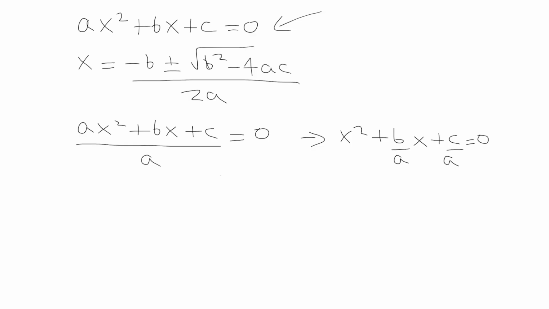Now, if you don't know how to complete the square, I'd suggest going and watching a video on it. But as a quick recap, let's say, for instance, we had x squared plus 4x plus 8. The way we complete the square is we take half of the x coefficient. So we'd write out a bracket and we'd have, in this case, x plus half the x coefficient, so x plus 2 squared,